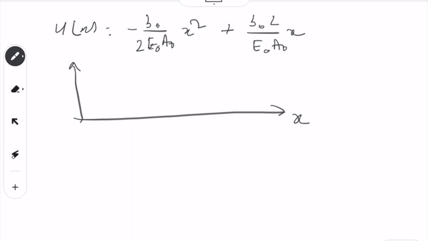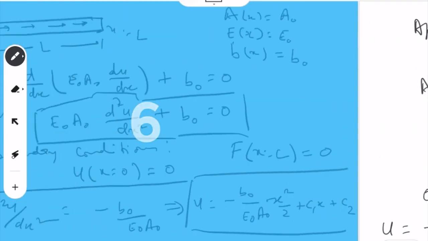So, this should look something like this. Why? Because u is here, so we have u(x) equal to 0 here, and the slope will be maximum here. Slope maximum means force will be maximum, meaning the axial force, the normal force, will be maximum, and that is true. Force will be maximum there because